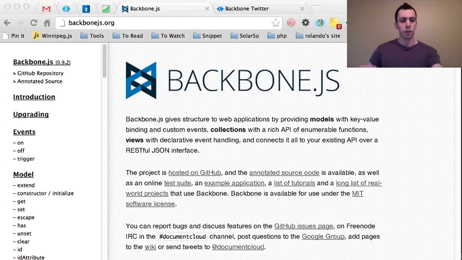So without any further ado, let's talk a little bit about what Backbone is and why you need it. Backbone is an MVC framework that allows you to organize your code in a manner you're probably used to already on the server side in languages like Ruby on Rails, .NET, or any of those kind of languages that are a little bit more mature. So Backbone allows us to do all of that on the client side to keep our code nice, clean, and